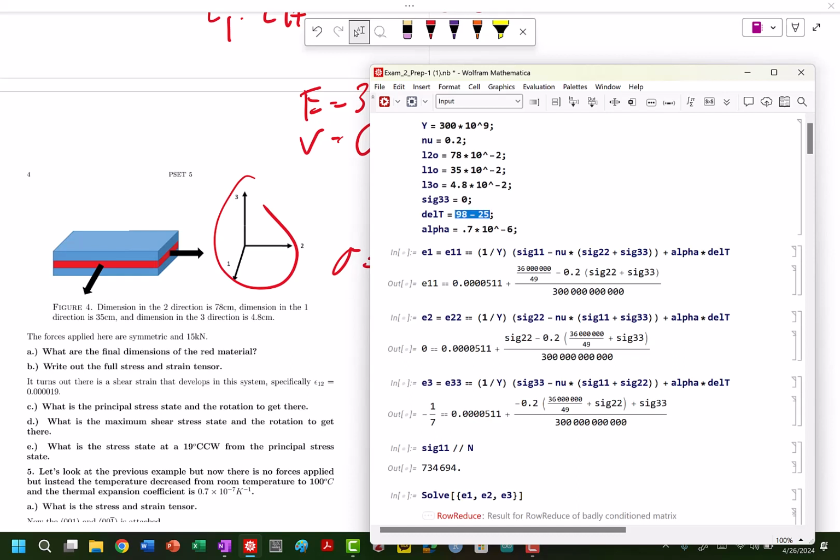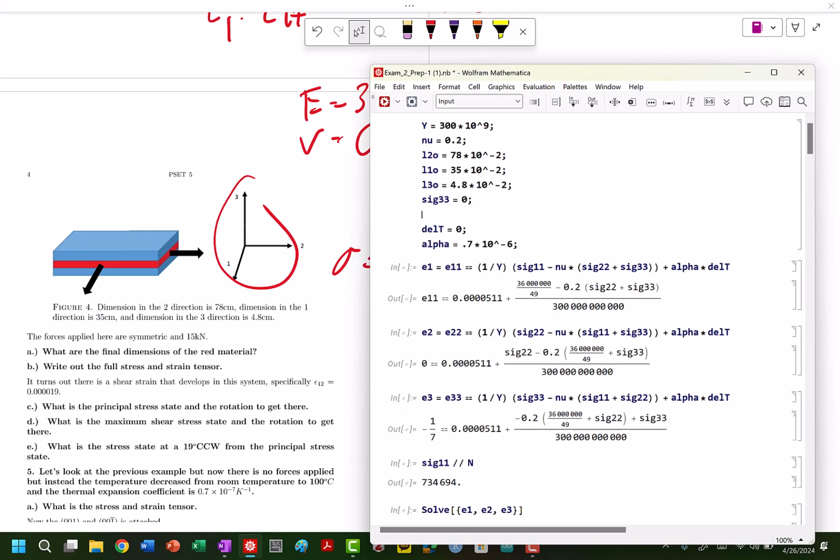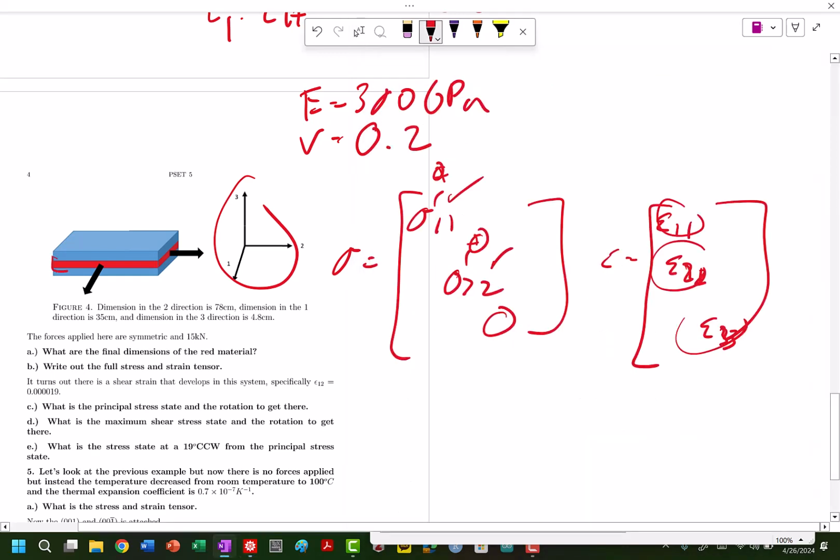But we'll set this as 0. So now we can proceed, except for the fact that we need to look into this here. So we have a force in this system, and our force is equal to 15 times 10 to the 3 kilonewtons. So it's positive because we're in tension, but I need to find this cross-section, this area here that